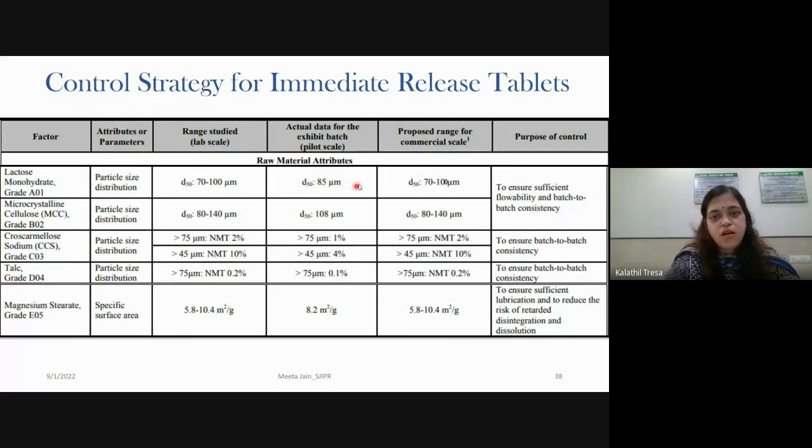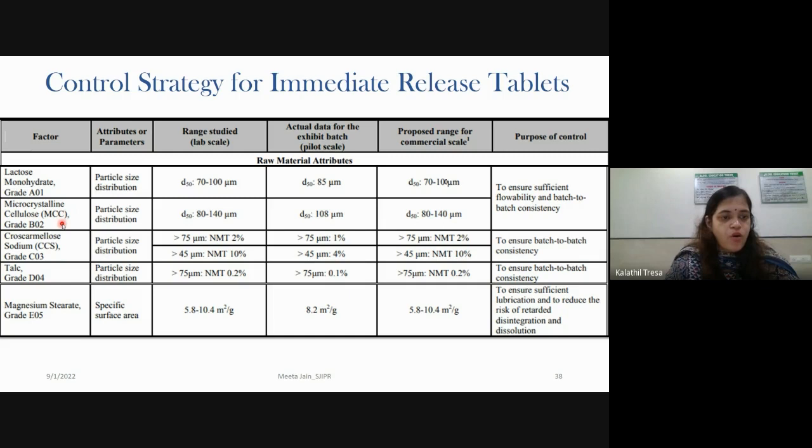So this becomes your control, that is the parameter, and this is your design space. That is, if you move anywhere in this space, that is, if you take your particle size of lactose in this range, you will have sufficient flowability and batch to batch consistency. That is the purpose of your control.